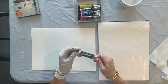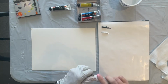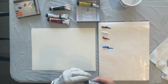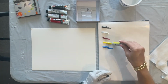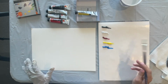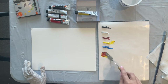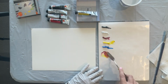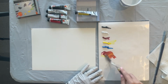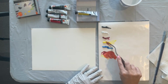Well, first thing you want to do is you want to get your paints out. Get some of each color and just work on that. So first of all, you could mix with your brush, or you could take some of this yellow here and some of this primary, it's called primary magenta, and make an orange. Because when I mix greens and I've got a bunch of color going, like a full palette, I'll usually put some orange out there. So just take a little bit of orange, yellow, a little bit of that magenta,